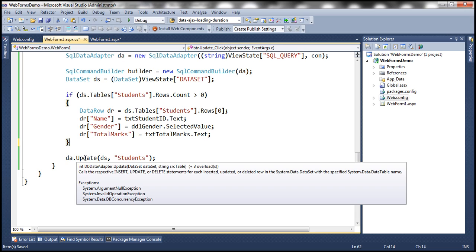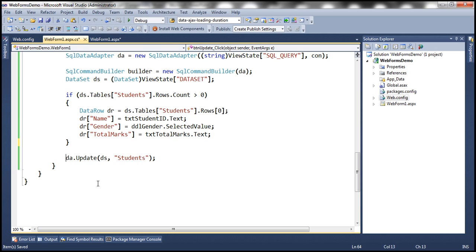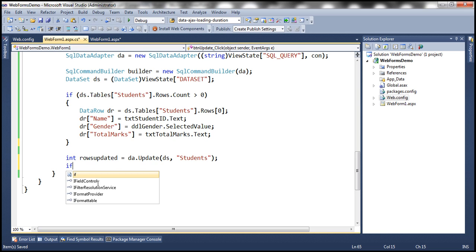update method. What is it returning back? It's returning an integer back, basically the number of rows that are updated. In our case, it's going to be either 1 or 0. So let's call it int rowsUpdated equals that, and then if rowsUpdated is greater than 0, then we know for sure a row has been updated, in which case we want to set the fore color of the label